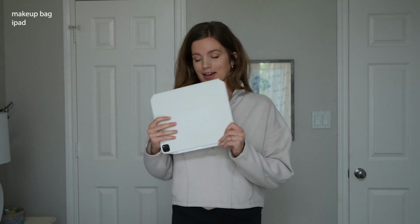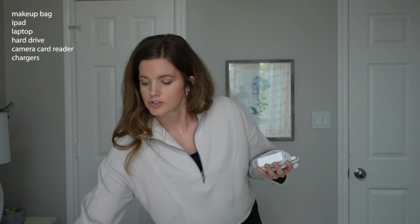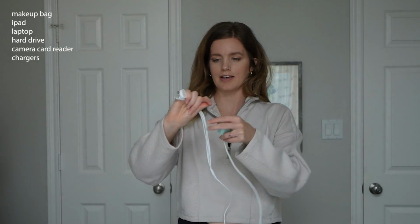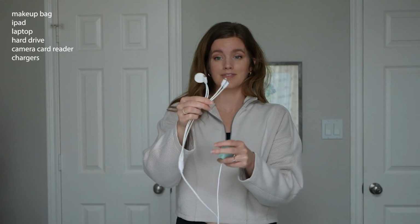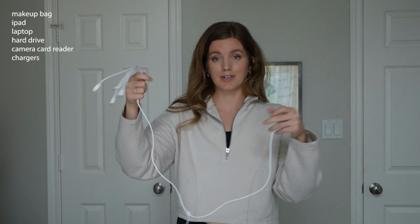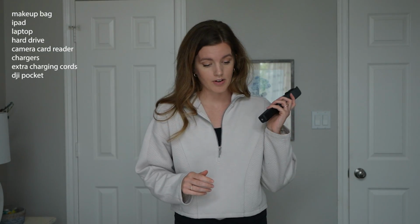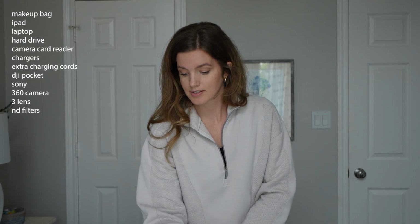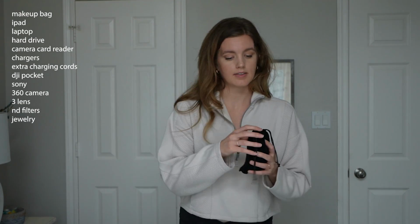Just like that. My iPad and my laptop, 1 hard drive, camera card reader, charging gear. This one I really love because it's like a 4 in 1. So 1 cable with all that you need right here. A couple extra cords. We have all of our camera gear, a couple lens, some ND filters, all my camera cards in this pouch, some jewelry, and then